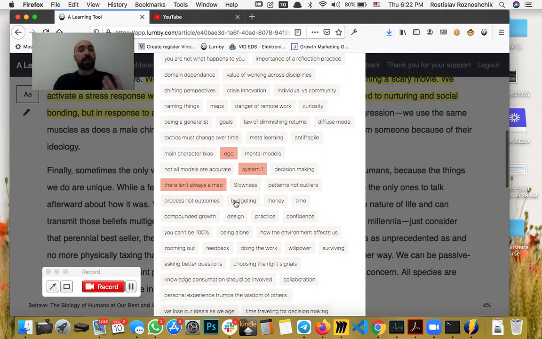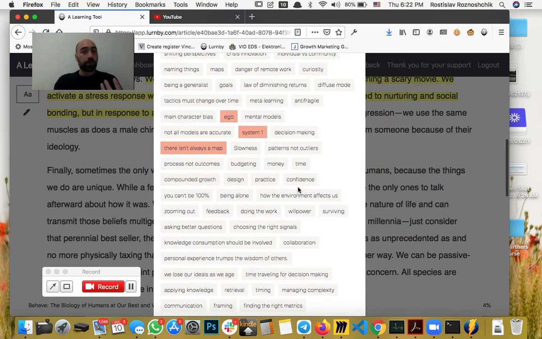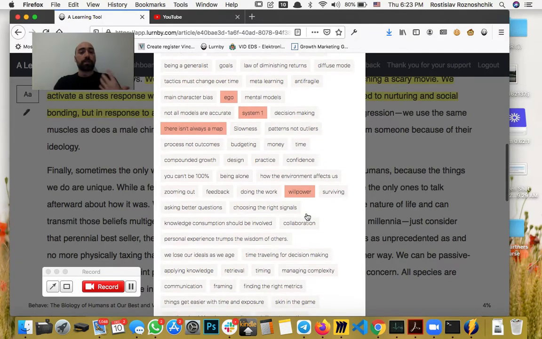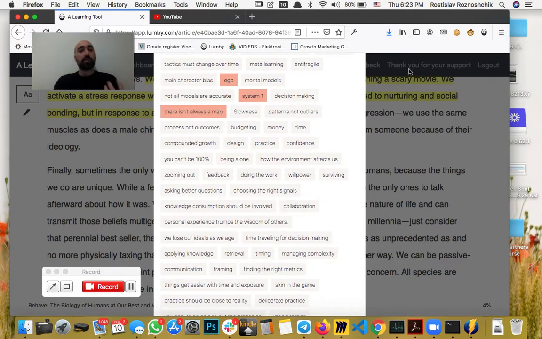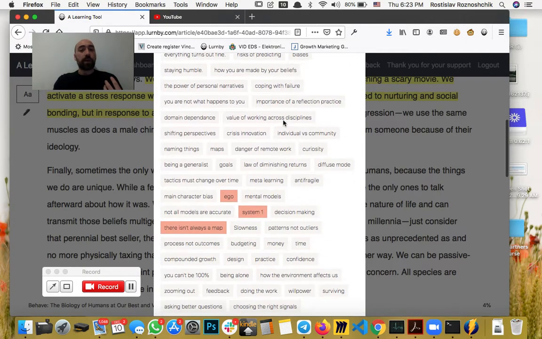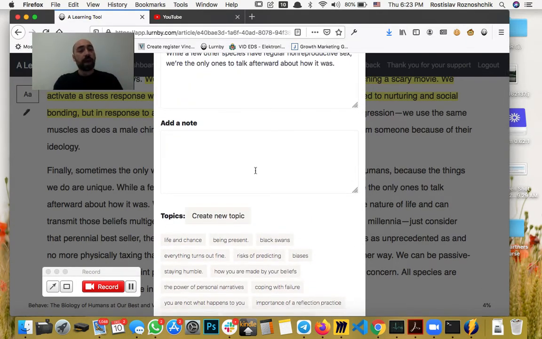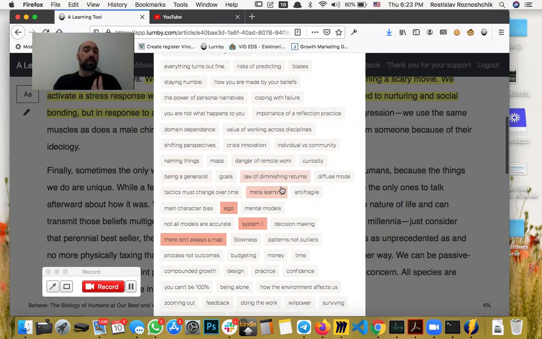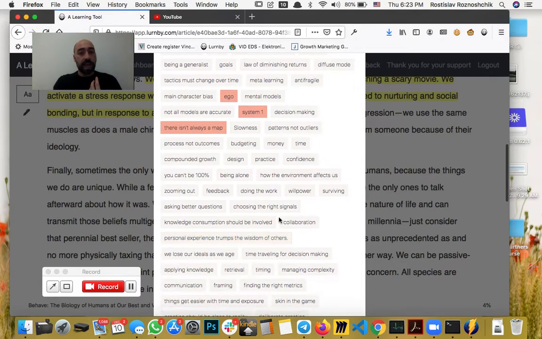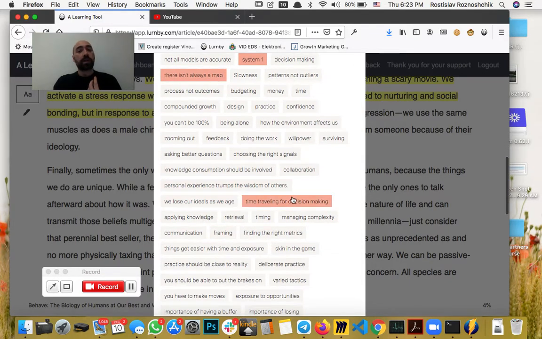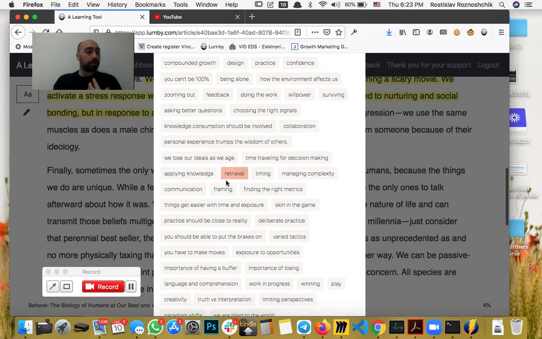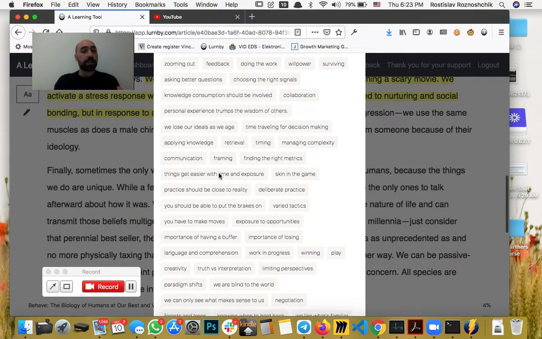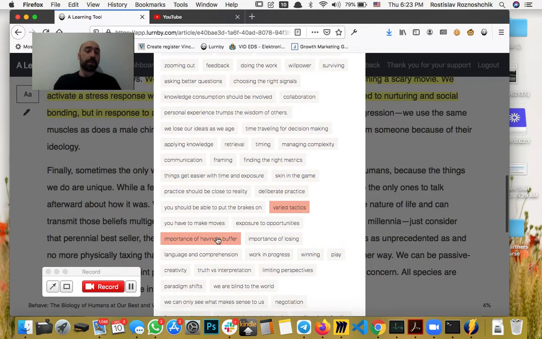But I also spend a lot of time reading through my list, because that's an important part of the process. Right away I had an initial response to this quote that I highlighted, but as I think about it and write, I realize it also connects to other ideas I maybe didn't know. So looking over these tags is really good, because I think, oh, this was that. Oh no, it sounds like this idea, but actually I meant something else with this topic name. But this definitely, and this definitely.